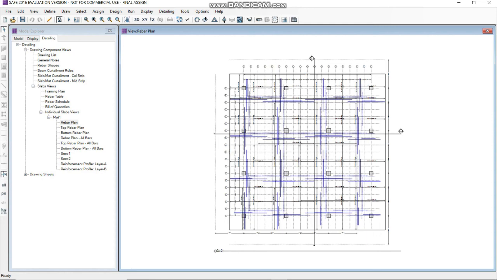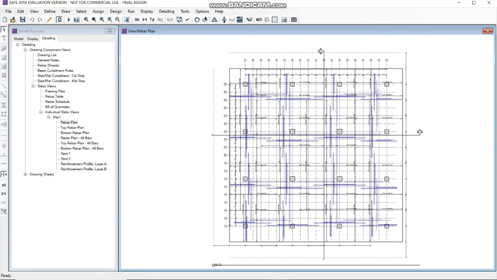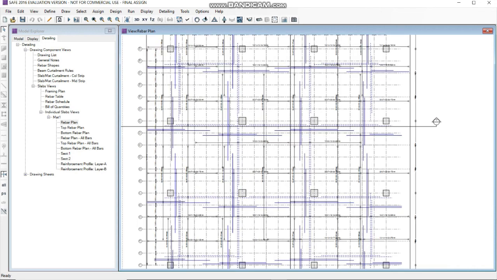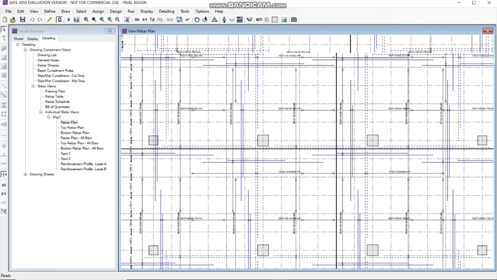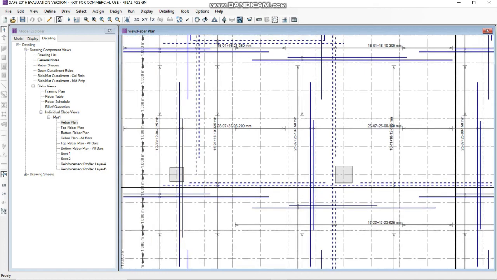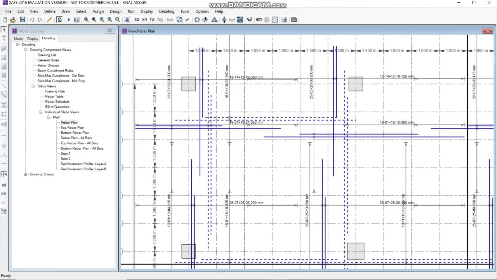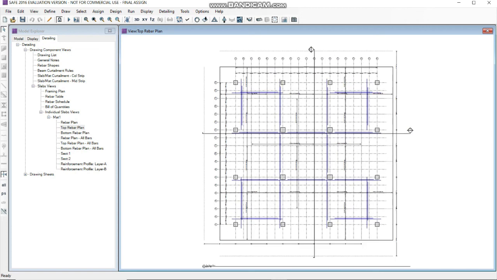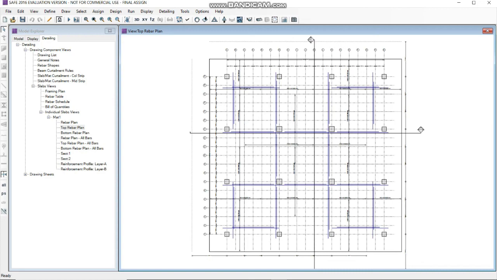This is the rebar plan of the foundation. You can see the reinforcement over here. You'll be getting every detail from here. Here is the top rebar plan on the top of the foundation.